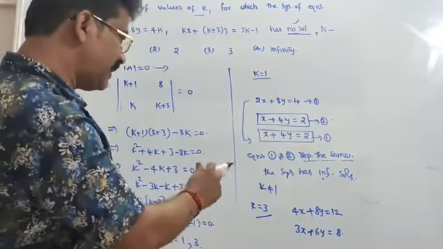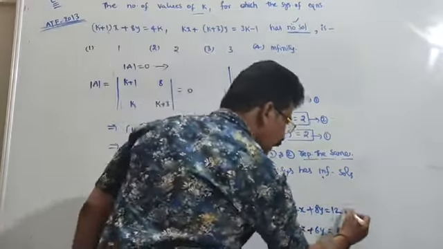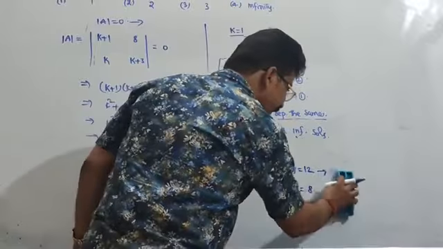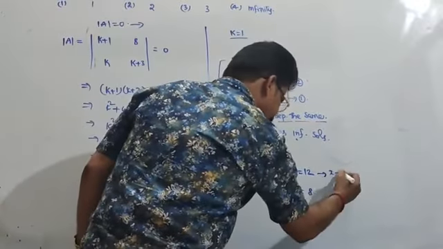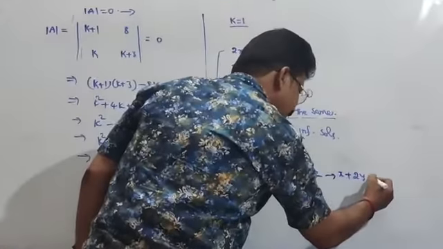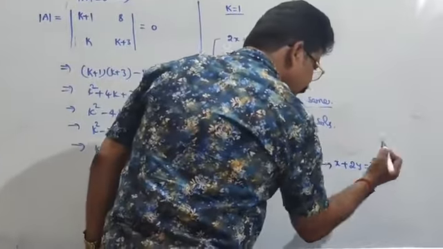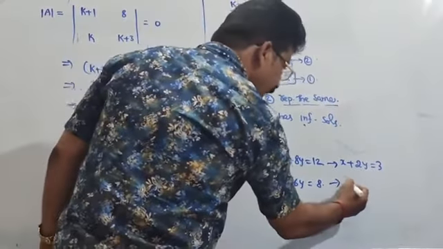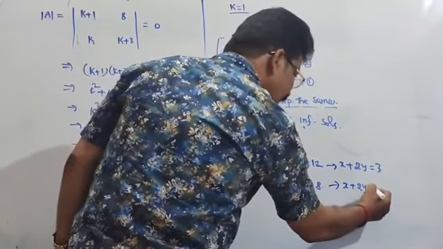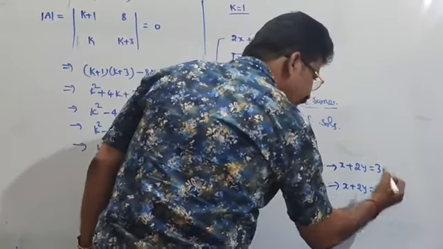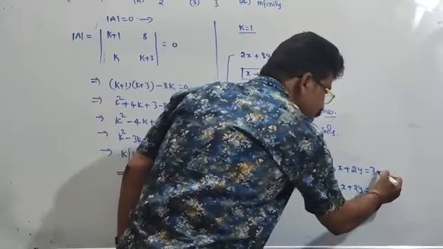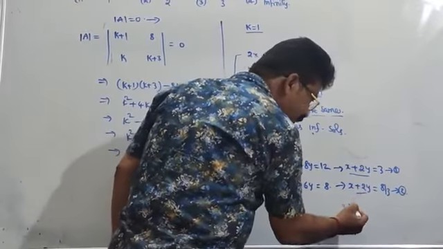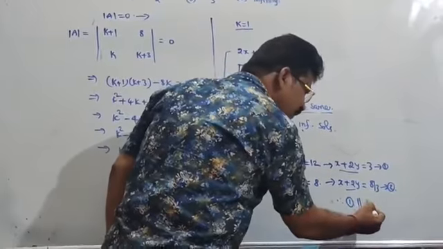So can you represent these are what kind of equations? On dividing by 2, x plus 4/2 y, that is 2y, equals 4/3, x plus 2y equals 3. Next, dividing by 3, x plus 2y equals 8/3. So clearly we see that in equation 1 and equation 2, the variable part is the same, therefore equation 1 is parallel to equation 2.